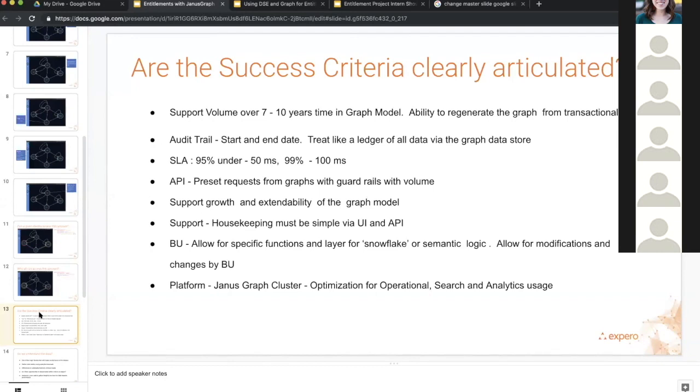We built REST APIs to do our work on top of this graph API. And we need to support the growth and extendability of the graph model. So as new business units, new applications, or new problems are added to this system, we needed to be able to model those new semantic relationships in the graph. And the graph really allowed us to do this, where a projection onto a relational store would be very difficult